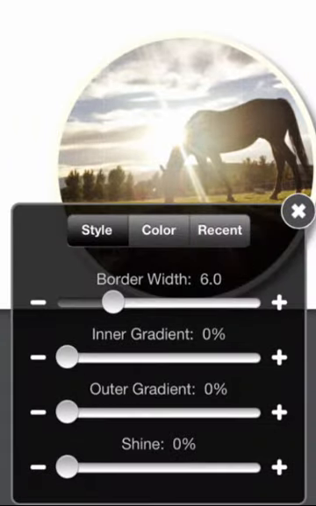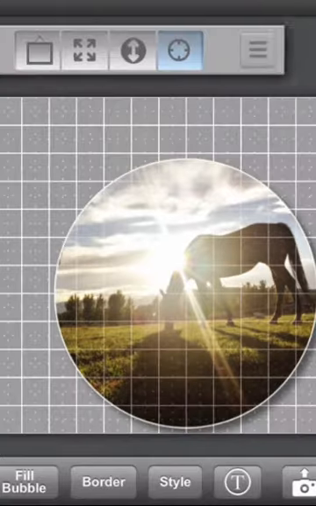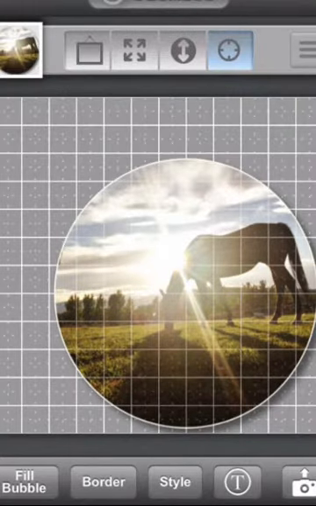So I'm going to go back into border and take my border slider and change my border width. And I just want a really small, thin border. So I'm going to close that. Now, to style the picture,